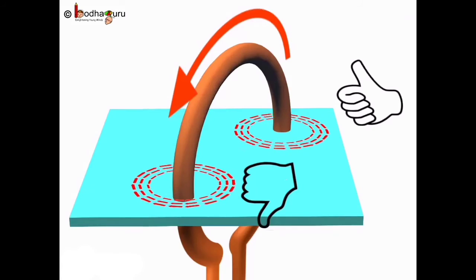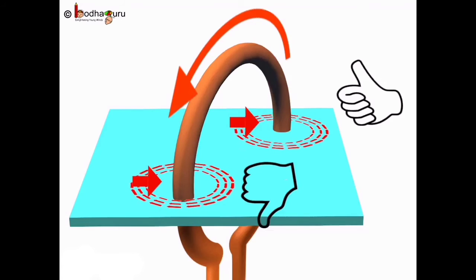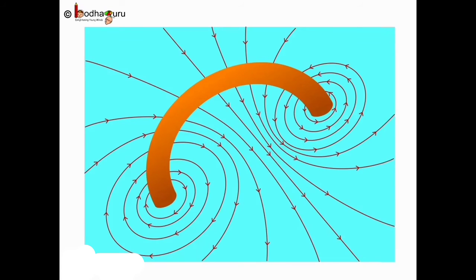Now, you may say the direction of magnetic fields outside at the two ends is opposite to each other. But what about inside the loop? Let us find it out. Look closely near the center of the loop, where the circles representing the magnetic field become so big that the arcs of these big circles would appear as straight lines.